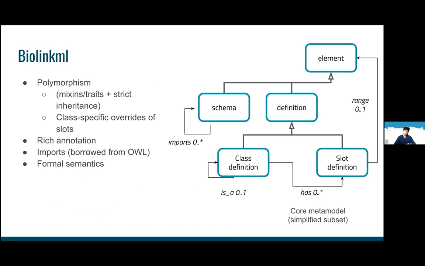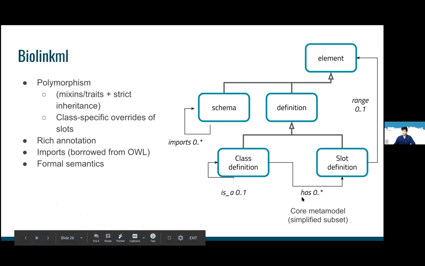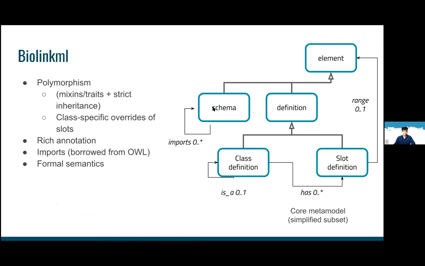But just to give an overview of the modeling language or the framework, everything in the model is defined as either a class definition or a slot definition. We also have schema definitions, and we can import other schemas into the model using Biolink ML, and everything is basically an element. The modeling framework supports polymorphism, so you can have mix-ins, and you can also inherit properties from other classes. And we borrow a lot of semantics from OWL, because